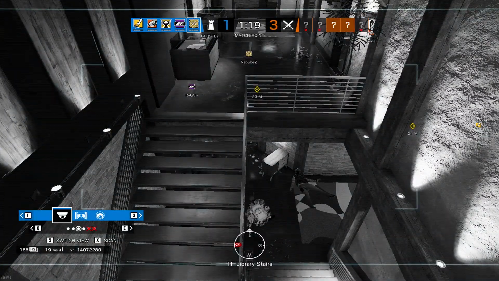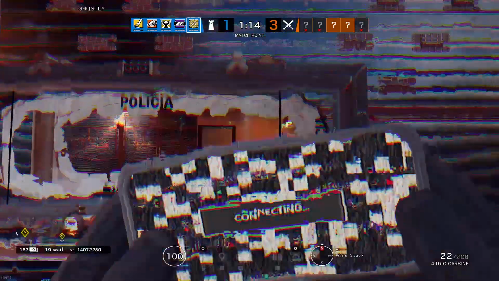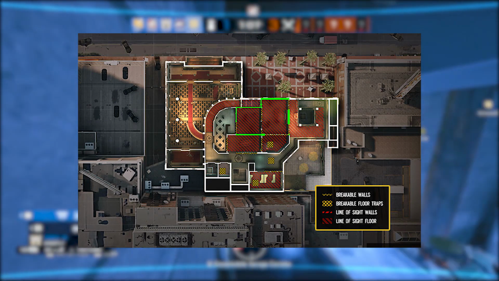Lastly, as Drake once said, we started from the bottom, now we're here. So let's talk about CEO. There's really two primary ways of attacking this bomb site. Attackers either push for control of heaven and open the two double walls of CEO to plant by the desk,